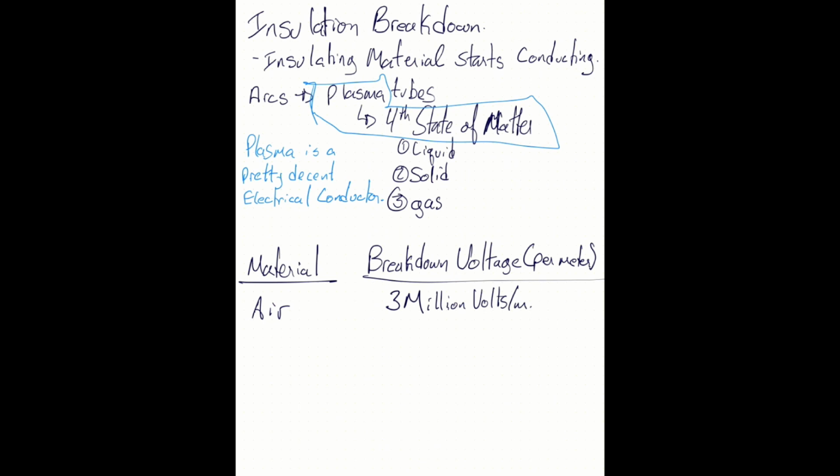So in a distribution system, it turns out we actually have 4 different materials that we use for insulation. We've got air, which we see all the time, right? We use it without even thinking about it as an insulator a lot. Another common one that we use is transformer oil, or sometimes you'll use a mineral oil in a piece of switchgear. It's very, very close chemically. So transformer oil has a breakdown voltage of 30 million volts